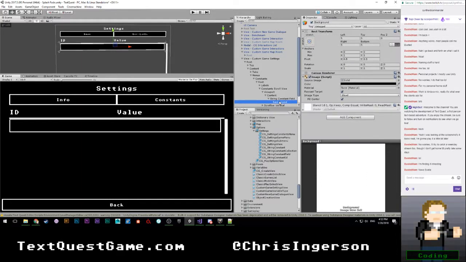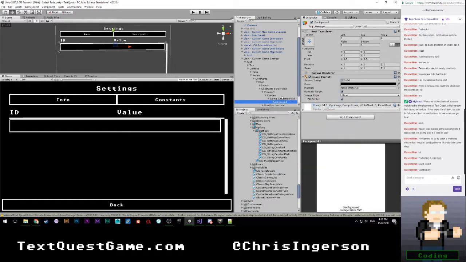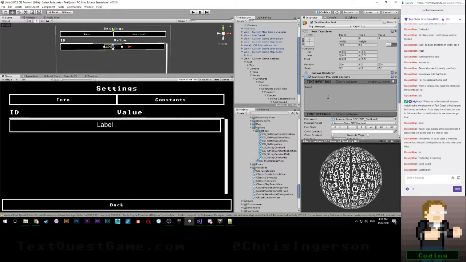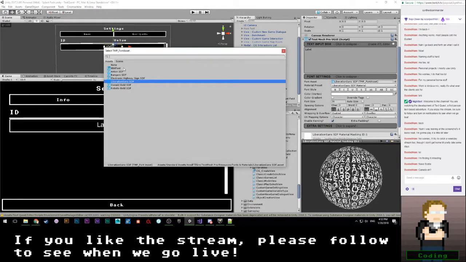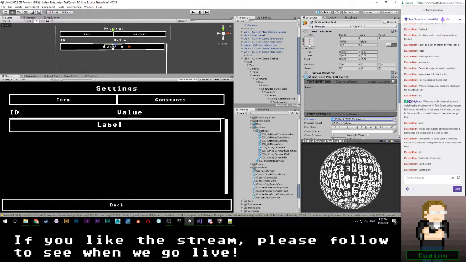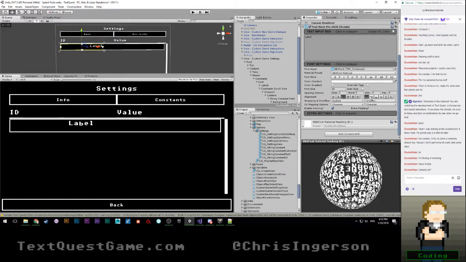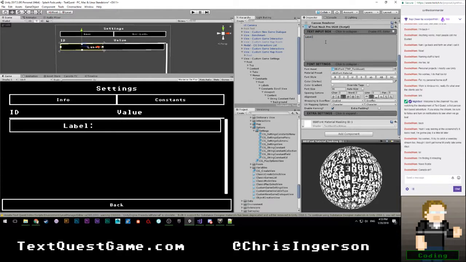In any case, so we're going to start with a label. So we'll have a text mesh pro text. We'll just call this label. Make sure that it's the correct font asset. And the way this is going to be structured is, I think it's going to be something like 0.4. We're going to have it stretch over to the right and be in the center. And let's see, what all should we do besides that? We'll go ahead and say label there.